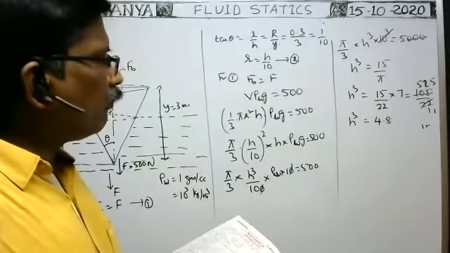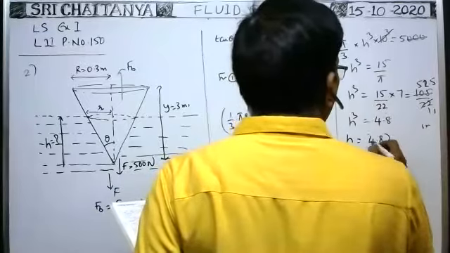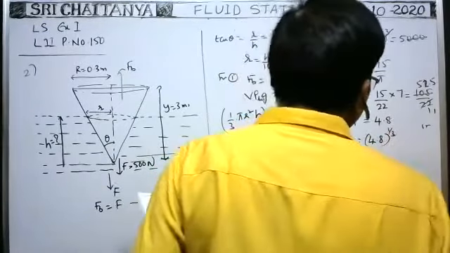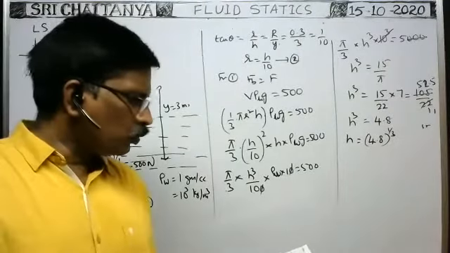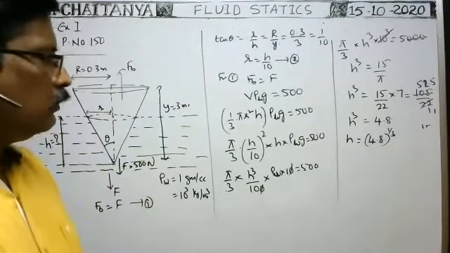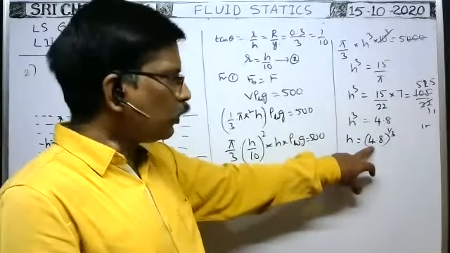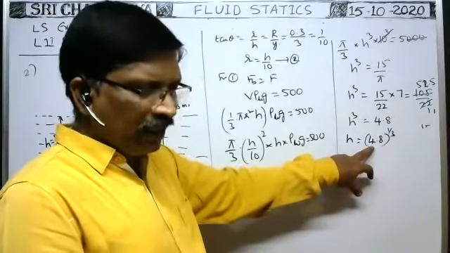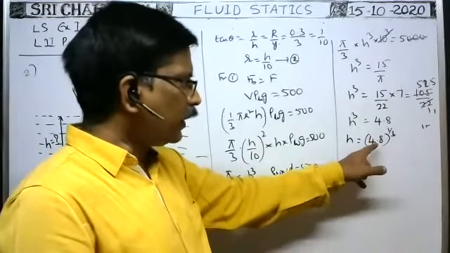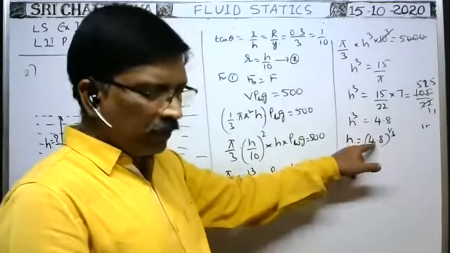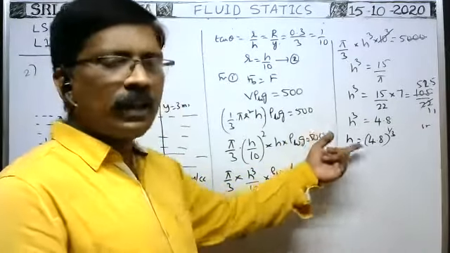So when you take the h value, h is equal to 4.8 whole to the power of 1 by 3. So approximately you have to check the options. 1.7 to 2.13 is there. 2 cube means 8 must be there. Here, to obtain 2, the value 8 must be there. Remaining all are 2.13, so definitely 2 is not correct. Because if 8 is there, we can write 2. But it is less than 8, so the answer must be less than 2. That means 1.7 I think.